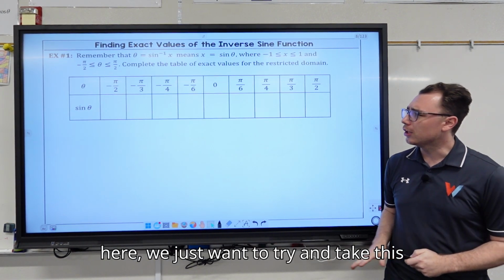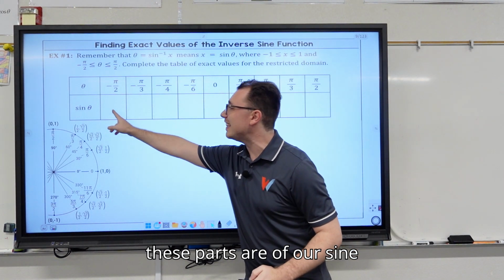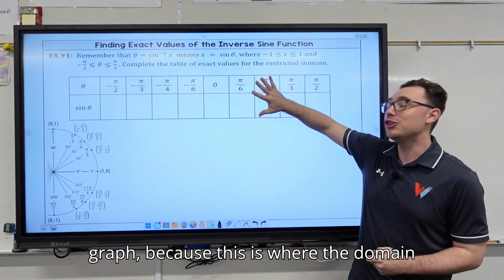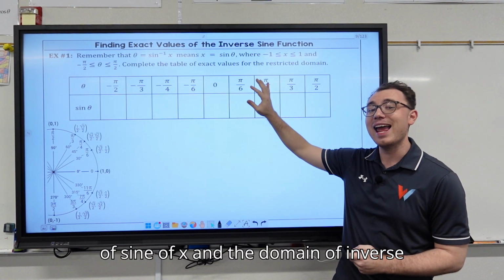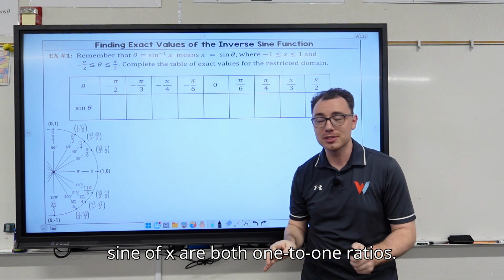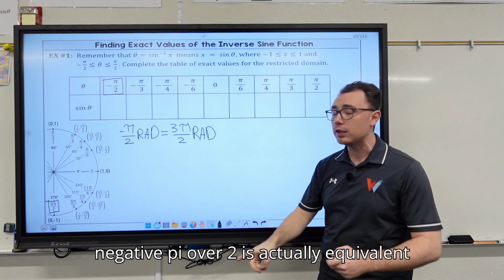For this table here, we just want to try and take this unit circle and identify where only these parts are of our sine graph, because this is where the domain of sine of x and the domain of inverse sine of x are both 1-to-1 ratios. First, I want you guys to see that negative pi over 2 is actually equivalent to 3 pi